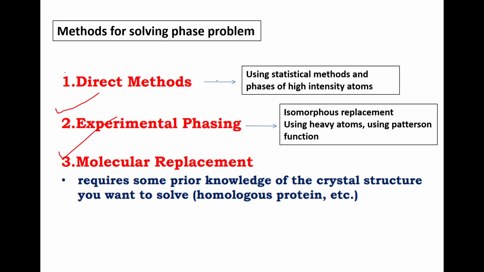So then they came out with different methods. First there were some direct methods. These direct methods are mostly applicable for those crystals where the atoms are much closer to one another, and because of that there is larger scattering